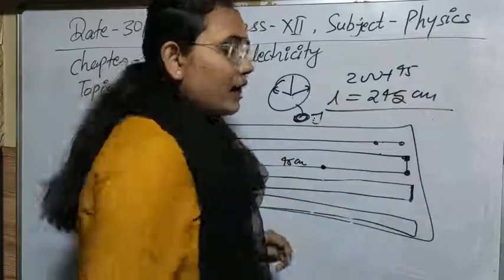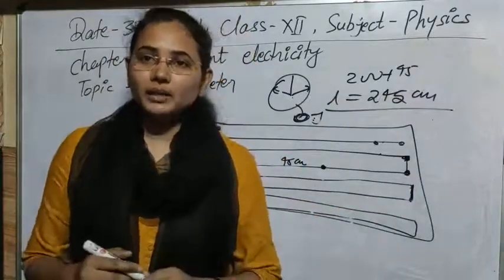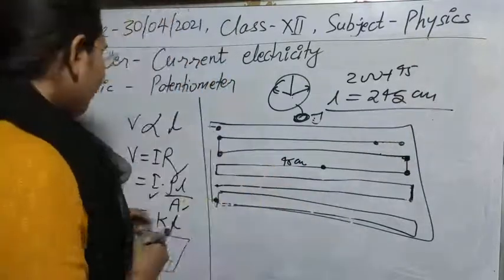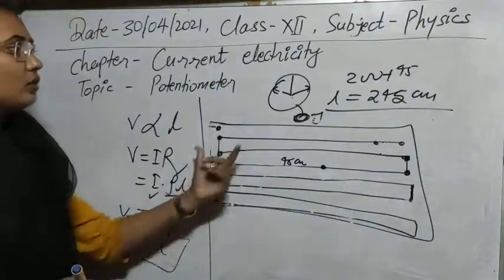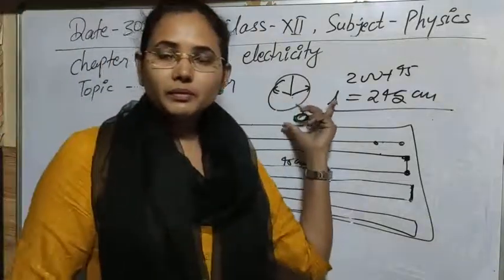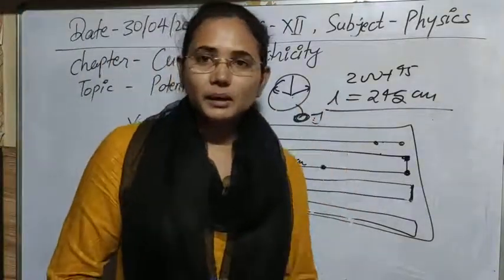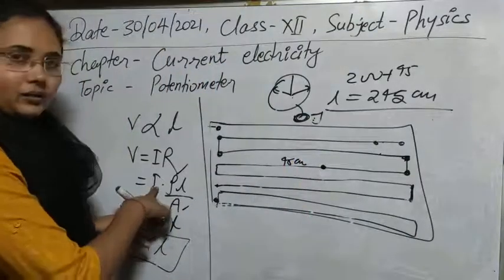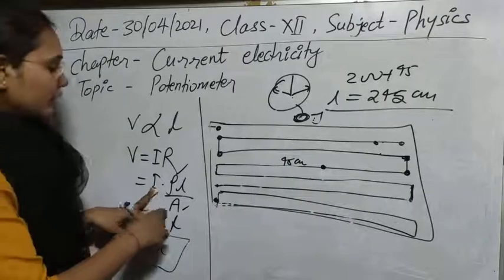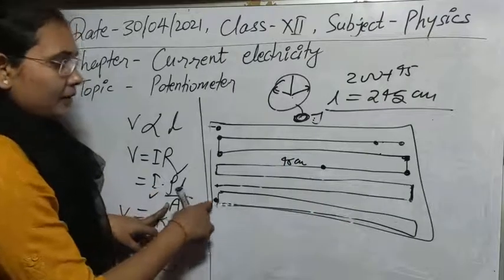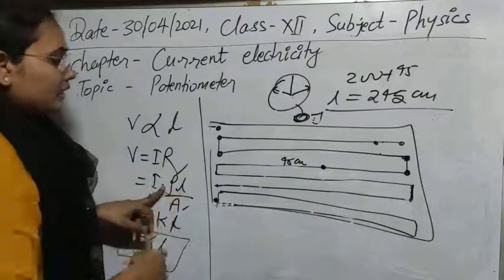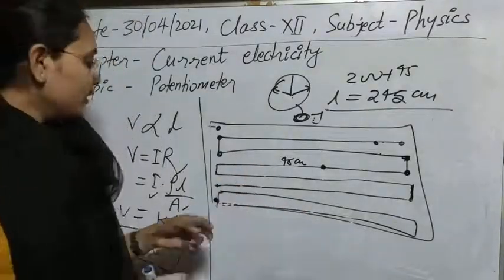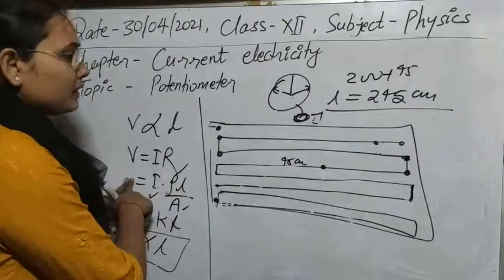For this length we are obtaining zero current in the galvanometer, which means for this length no current is drawn from the battery. Now we can apply this concept to find the potential, or EMF here, because EMF is directly proportional to the length. Current you can measure in the circuit by a multimeter. You can find the area of the wire by using a screw gauge, and the conductivity and resistivity of the material is fixed, and you can see it from the chart. After that you can calculate the EMF for this